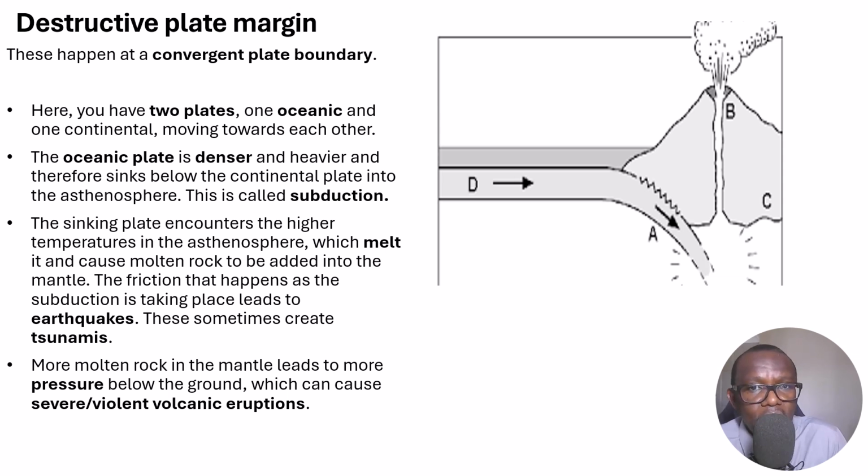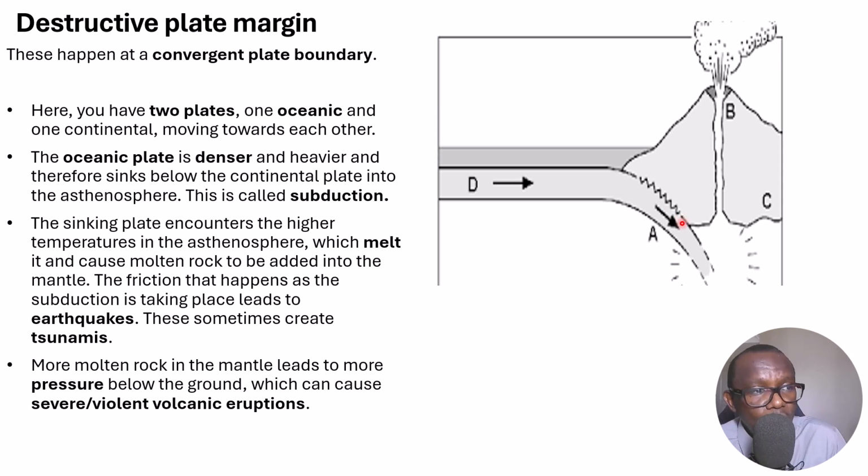Here, as we can see, we have two plates and one of them is continental. This plate here is a continental plate, and this here is an oceanic plate. You can see that the ocean is just above it. And they are at a convergent plate boundary, so they are moving towards each other. As they do that, because the oceanic plate is a lot heavier and denser than the continental plate, like we had mentioned before, that oceanic plate is going to subduct, or sink, below